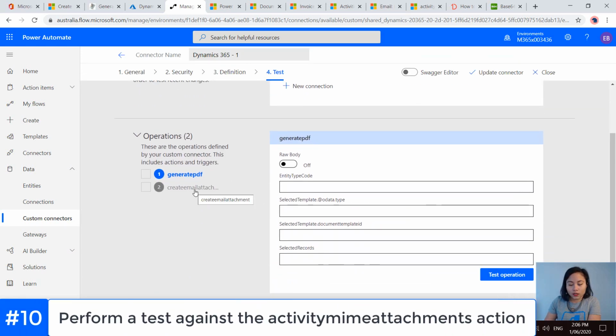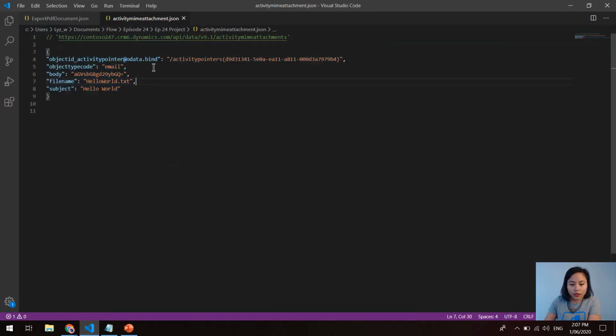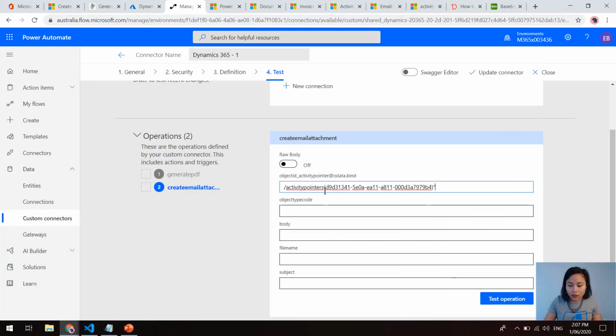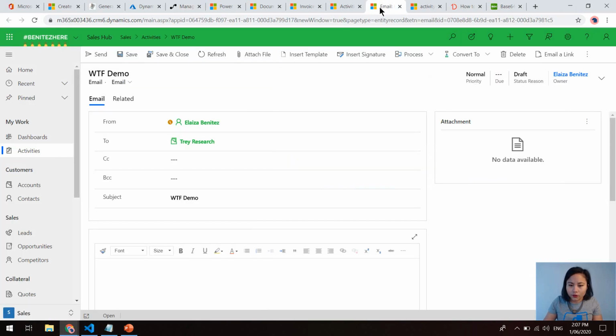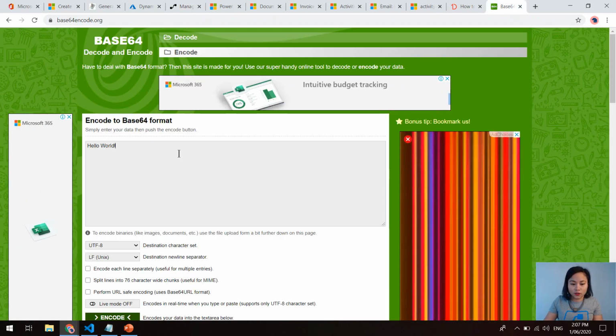Okay, so select the operation of create email attachment, and so I need to bind this to a particular activity, which will be an email. So let's do that now. And I'll use this email that I have prepared. So I'm going to grab that ID, and then we're going to paste it into here. And then in terms of the object type code, it's email. And then in terms of a body, it requires base 64. So I'm just going to create a simple one